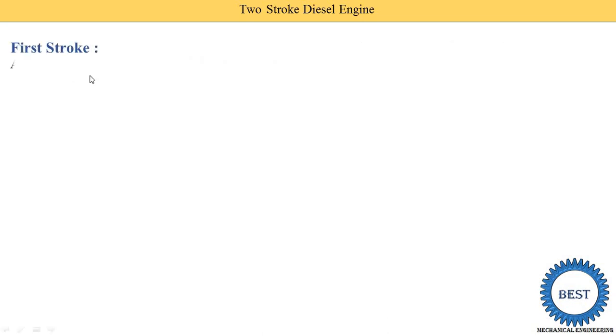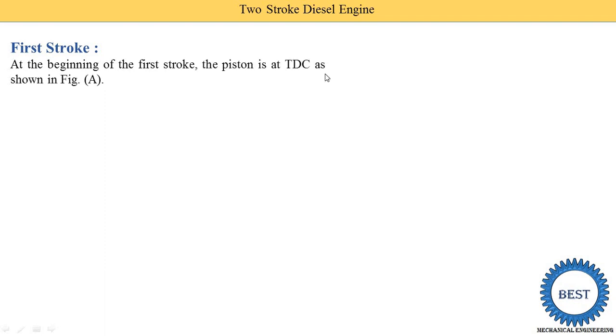Now first we understand the first stroke. It is the two-stroke engine. Means the two strokes occur, one from TDC to BDC and another from BDC to TDC, and during the two strokes, one stroke is the power stroke and all the four processes are completed in just two strokes, that is suction, compression, expansion and exhaust.